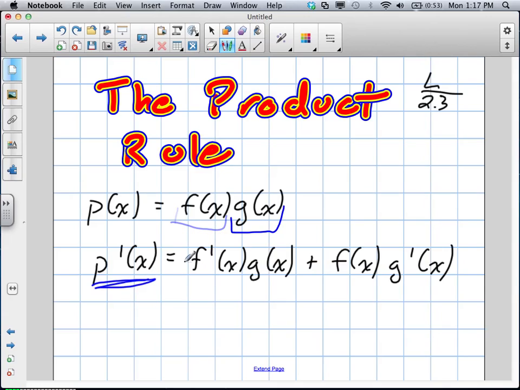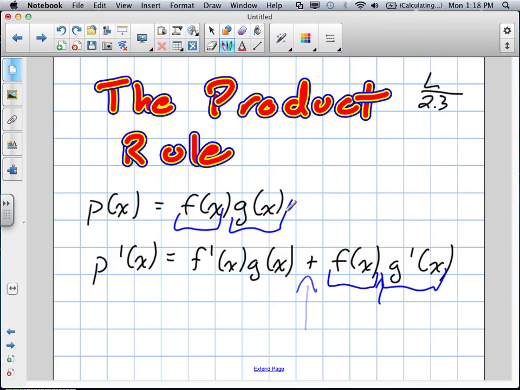is the derivative of the first function. Okay, derivative of the first function. Notice we have f prime x times the original second function plus the original first function times the derivative of the second function. Okay, so when we're going through the product rule, this becomes a type of symmetrical equation if we have